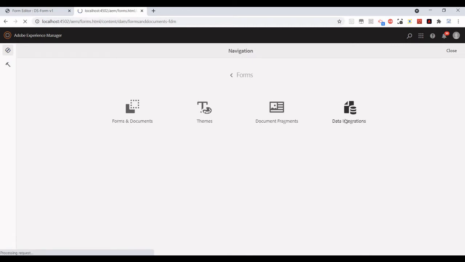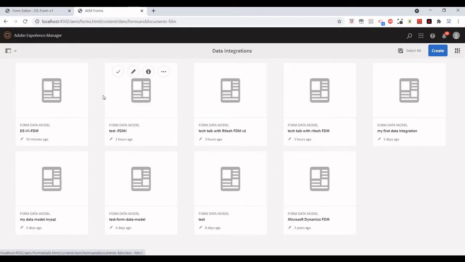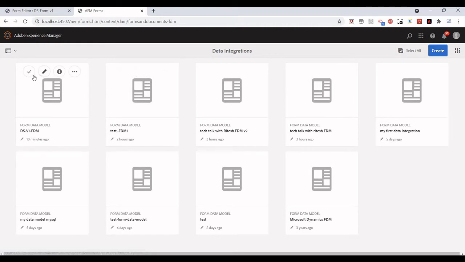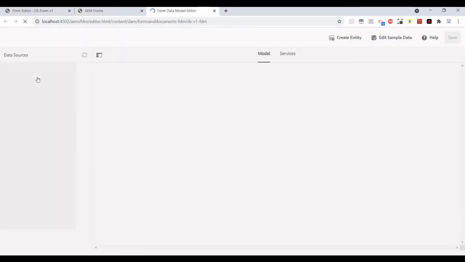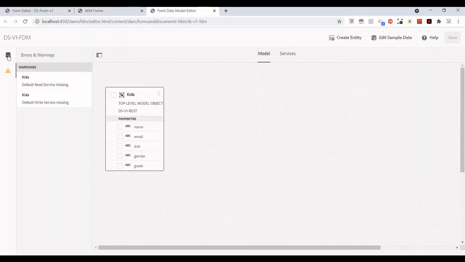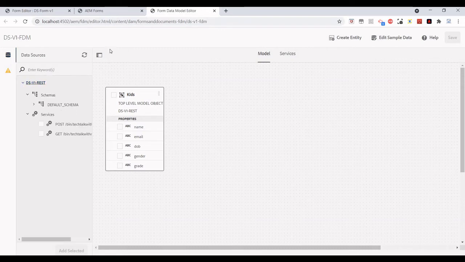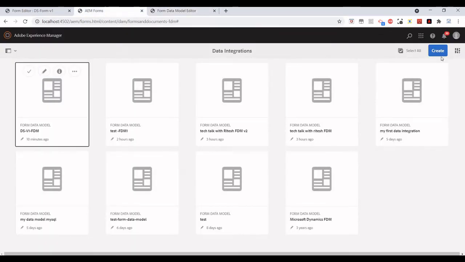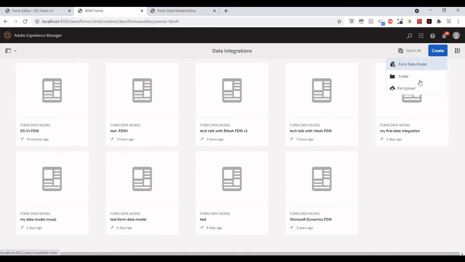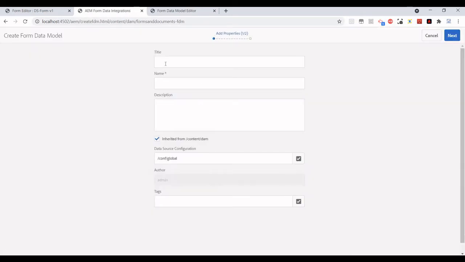After that I have created a data integration. If we see the data integration, this is the one I have created. If we edit it, we'll see, just for refresh purposes, how I have created this form data model.